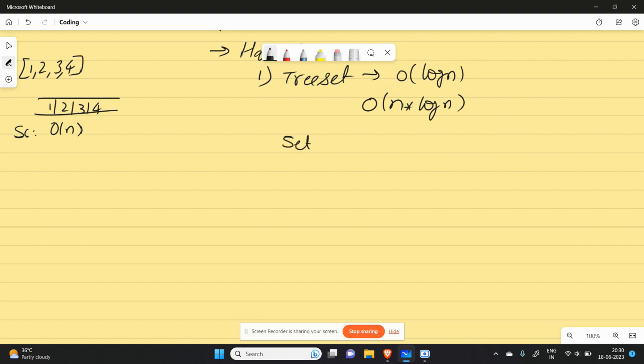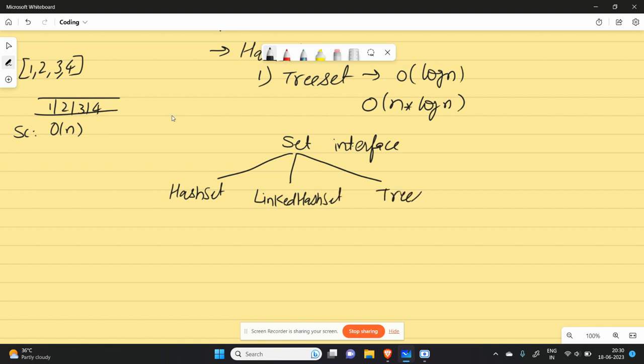So the set interface is present in the Java collection, and this has three major implementations. We got hash set, linked hash set, and tree set. And for the add operation, the time complexity in hash set is order of 1, linked hash set order of 1, and tree set it's log n. So it's internal data structure